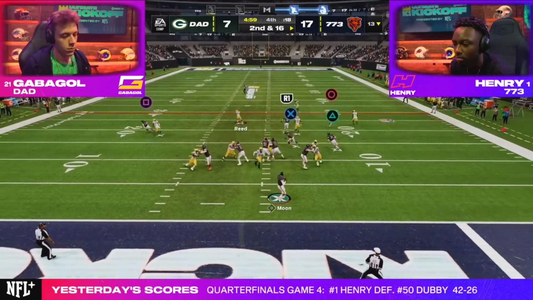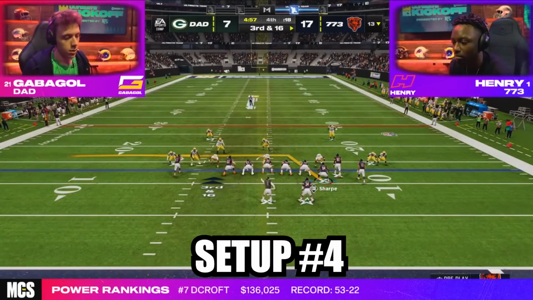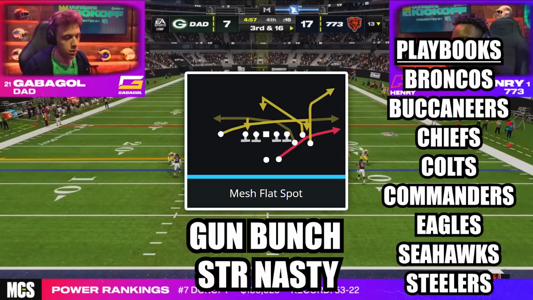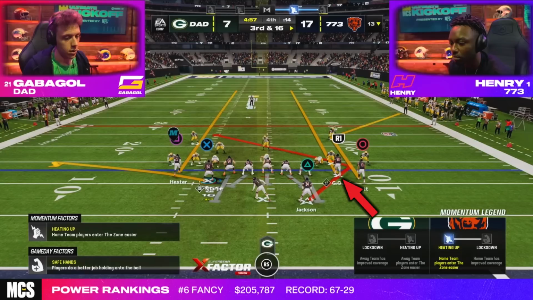Now, early in the 4th quarter, Henry found himself in a tough 3rd and 16 when he went with setup number 4. The play is mesh flat spot out of the formation gun bunch strong nasty, and his adjustments were to put the middle bunch receiver on a streak, put the running back on a Texas route using the RB apprentice ability, motion over the tight end and put him on a flat route, and put the solo receiver